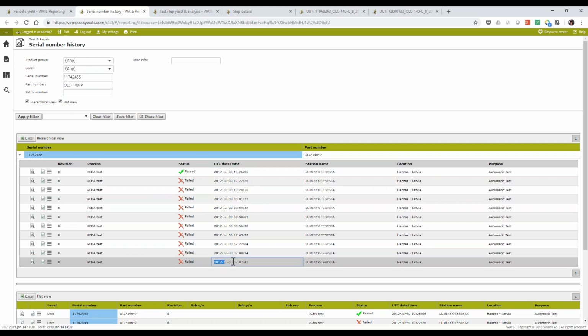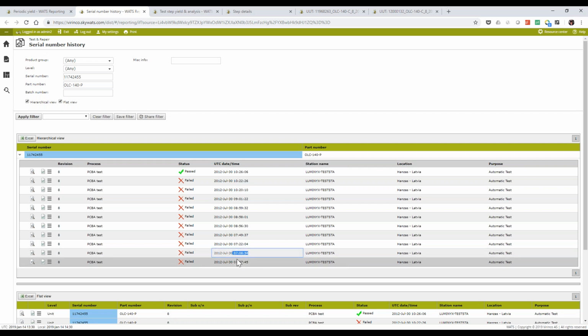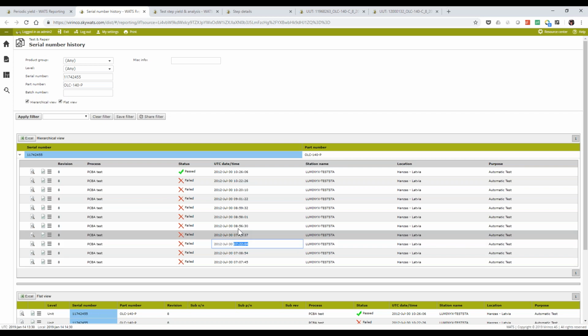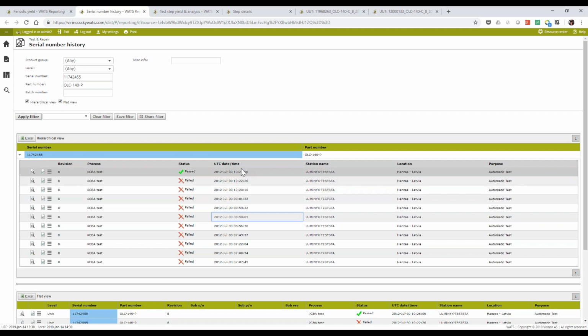So I have 1 that failed July the 30th, 07:07 in the morning, and then another retest 7:08, and then failed reports until it passed at 10:26